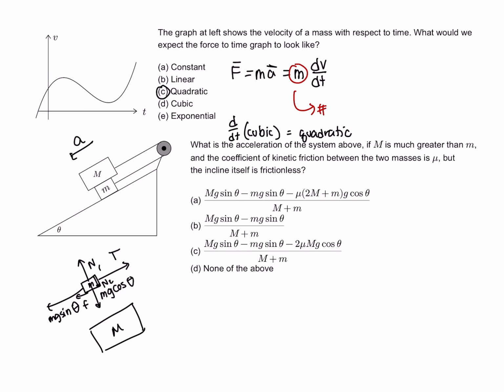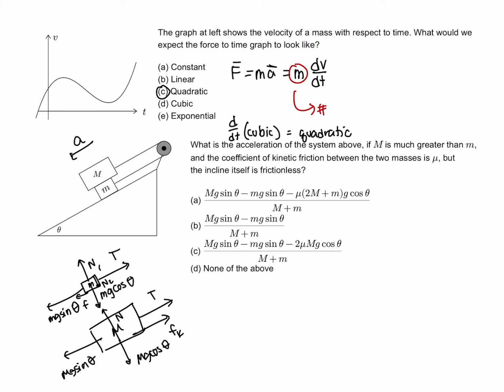But for this problem, that doesn't matter. If there was friction on the incline, we would have to consider that. But it says that the incline itself is frictionless, so we don't need to worry about that for this problem. But there is friction between the masses, okay? So on big M, there's Mg cosine theta, tension in this direction, once again the force of friction, kinetic, opposing motion, and then you have Mg sine theta,